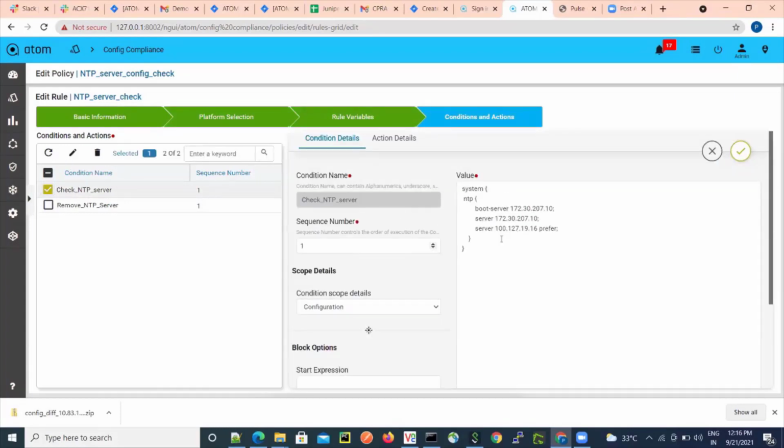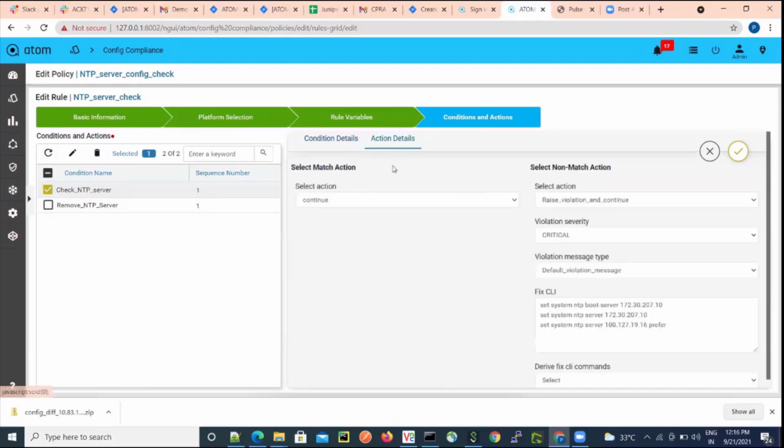First, we will look at the first condition, which is check NTP server. Here you can see we already defined the NTP values in the conditions, and if those values do not match, then the policy will look for actions. In the actions, we define the violation to raise the alarm with critical severity. Here you can also see the fix CLI option is already set. If the CLI does not match as per the condition, then the remediation action can be taken care of by the fix